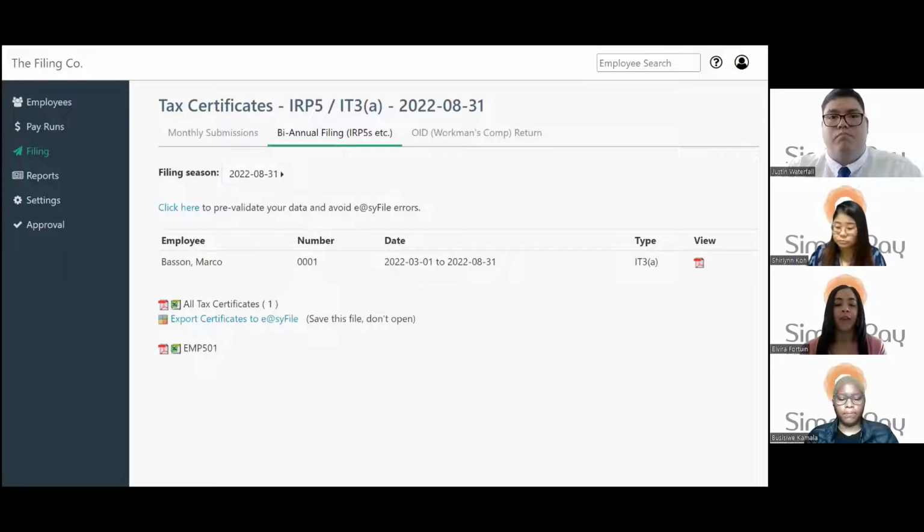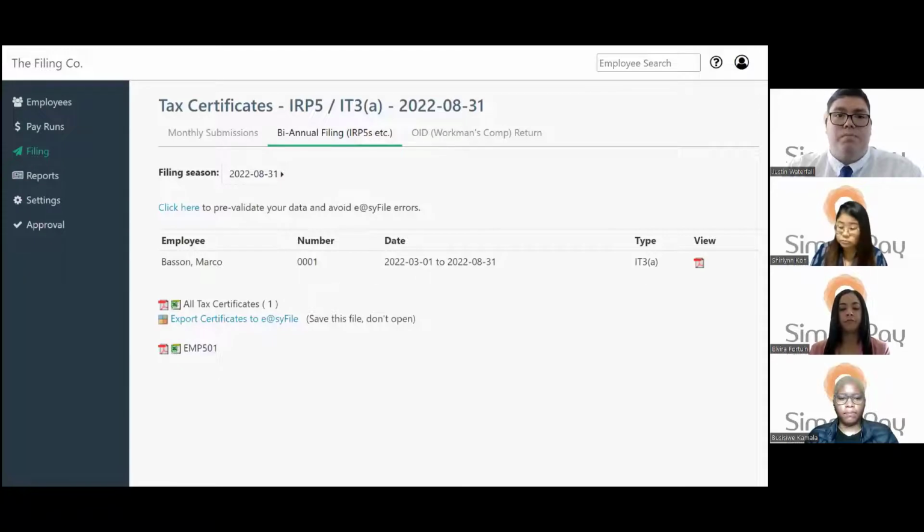I think that's doable. And I also see that just below the tax certificate link there is also an EMP 501 document. Can you remind us again, Justin, what is the purpose of this document? So the EMP 501 is a summary of the EMP 201's filed so far, and is used to reconcile the figures paid to SARS. To generate the EMP 501 report, you'll navigate back to the About Annual Filing page, which I'm now already on. You'll scroll down towards the bottom of the page and click on either the PDF icon to generate a PDF version of the EMP 501,